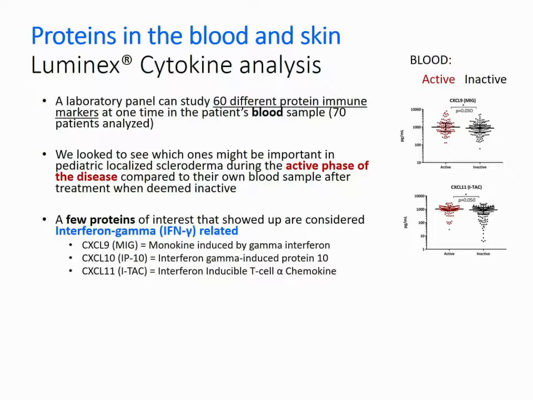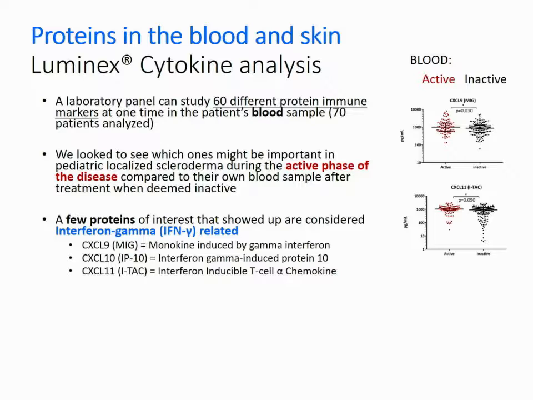So see if I can use this. So the interferon gamma related. That's this particular cytokine that can go down one immune pathway. There are certain chemokines, or proteins, that are associated with that interferon gamma. The ones associated with that were CXCL9, CXCL10, or CXCL11. So I'm just going to focus on